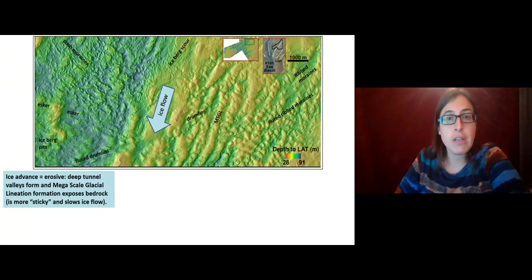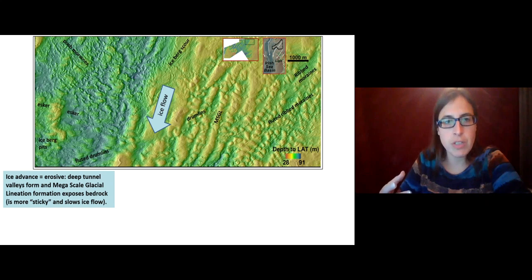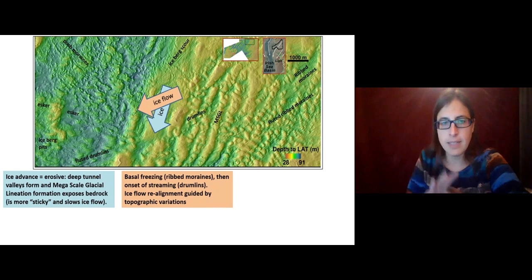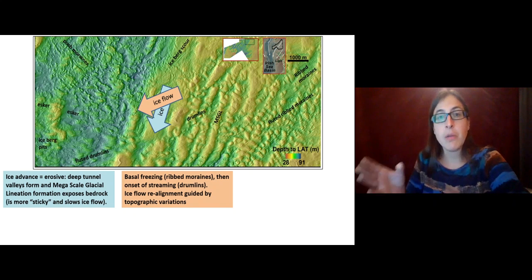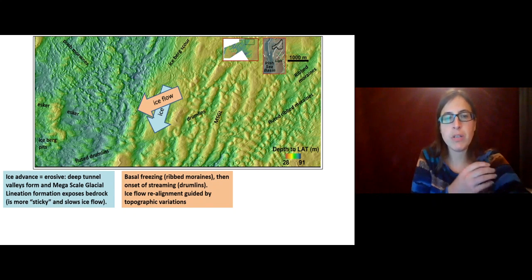The ice eventually retreats away from this area. So chronologically, I have first ice advance, very erosive. And what we also see is that it left the bedrock exposed. It's more sticky. That's important because that stickiness allowed freezing to happen. And this is where the rib moraines indeed tell us that. Then you have a stream of drumlins again. But what happens here is an ice flow realignment, yes, because of this exposure of the bedrock, because of the bed